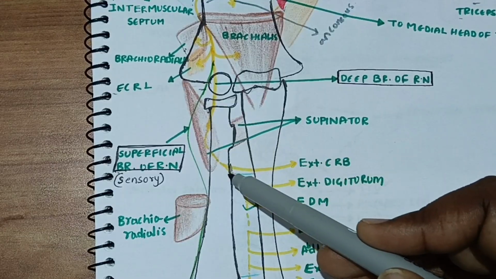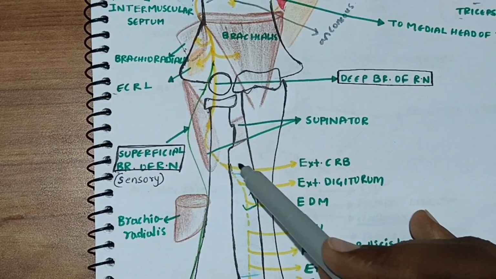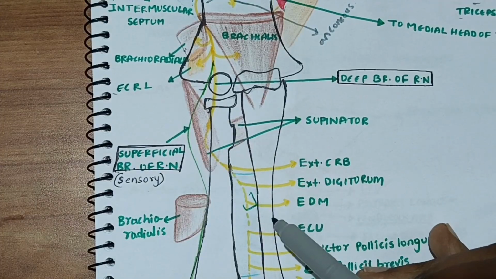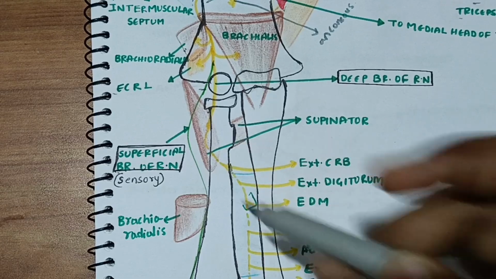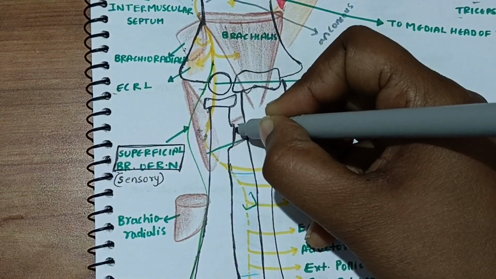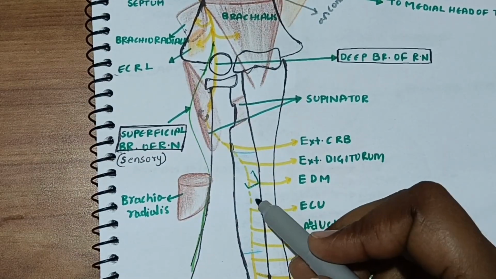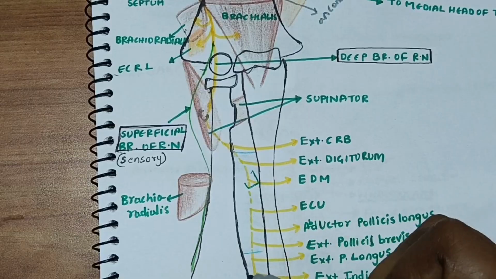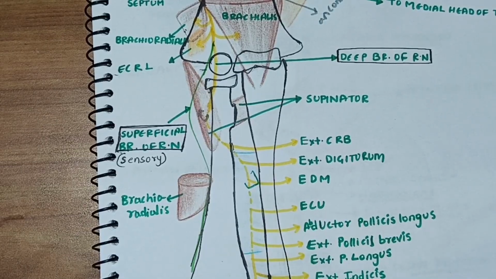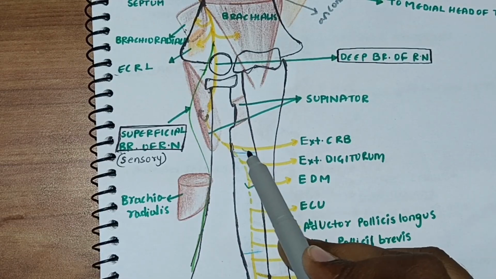Now the deep branch crosses the supinator muscle, from lateral to medial. It supplies the supinator, and then crosses the interosseous membrane. The blue shaded part is the interosseous membrane. After crossing it, the nerve enters the dorsum of the hand region, where it supplies